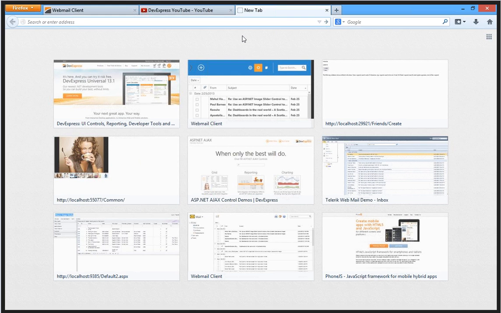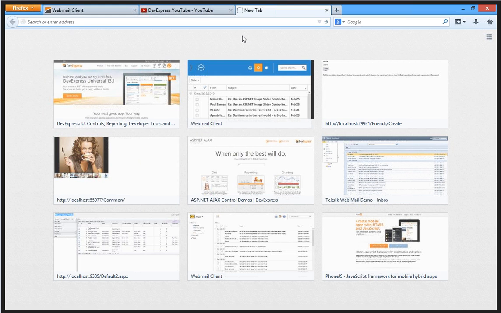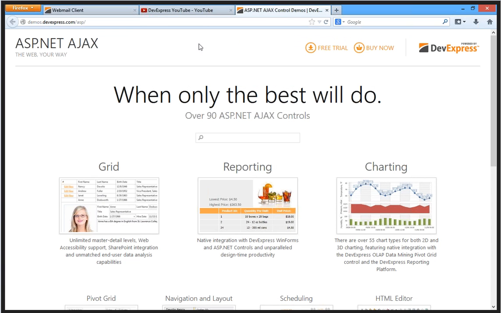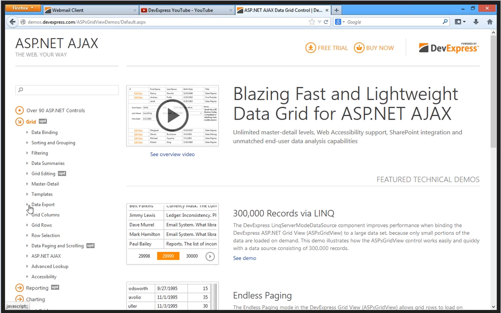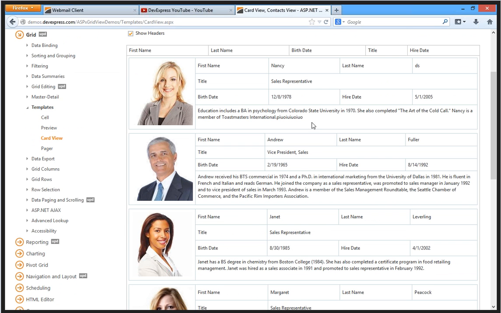Now, to show you this, let me bring up the DevExpress demos. You can get to them by going to demos.devexpress.com/ASP, or just going to the DevExpress.com website. Now I'll click on the grid view and I'll quickly show you what I mean about the card view demo. Now this essentially lets you lay out